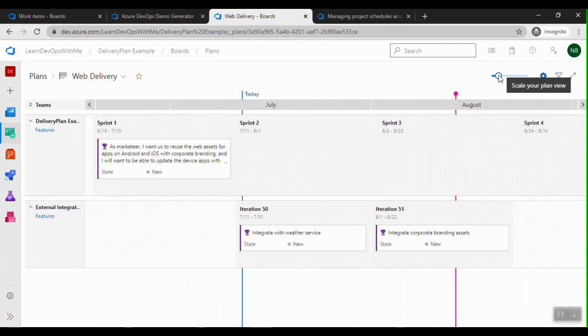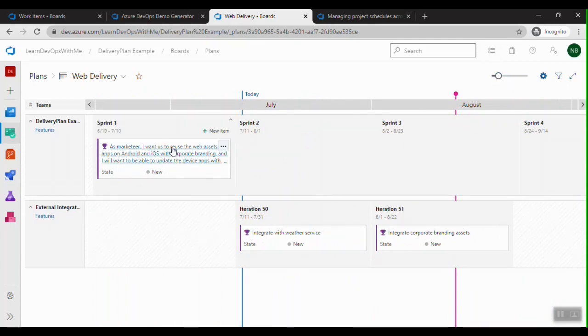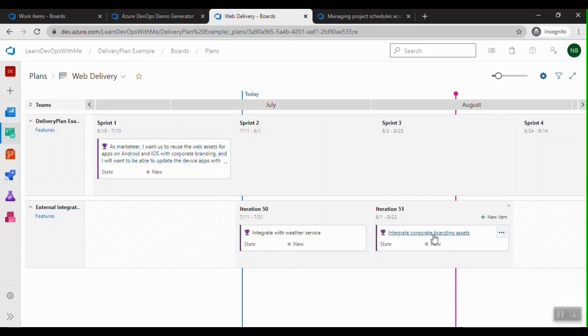Okay, so now if you observe in sprint 1, it says, as a marketeer I want to use the corporate branding assets and all the stuff. And if I see for the external integration team in iteration 51, we have this integrate branding assets.